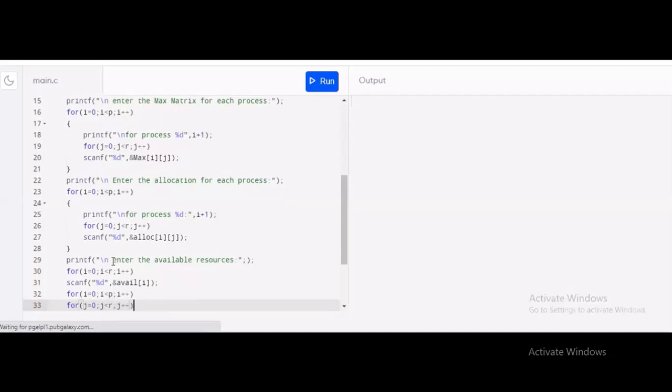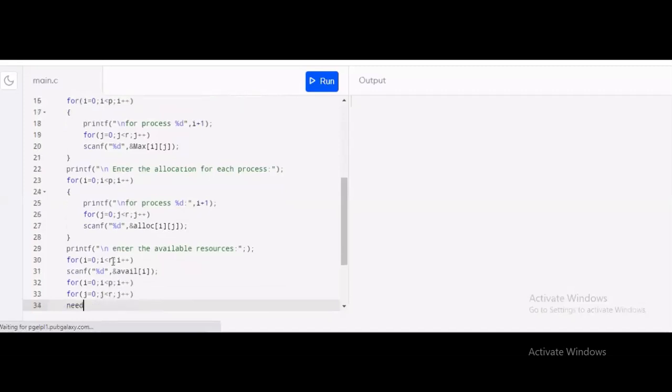Now I will apply the need formula, which is need I and j is equal to max I j minus alloc matrix I and j.